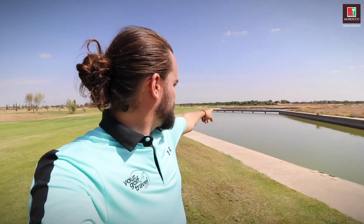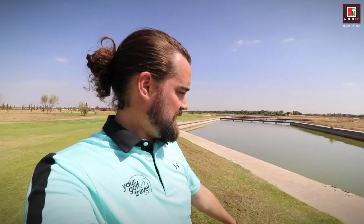Right, I've never seen that in my life. They've got the resort and the course's water reserves here in the form of reservoirs stretching all the way up the right hand side of this hole. They've turned it into a hazard, which is actually quite clever. Actually looks pretty cool. Don't think it'd be for me if I saw it on every single golf course I played, but all the way around the world, this is the first time I've ever seen that. Anyway,